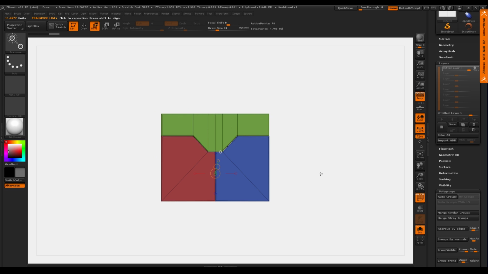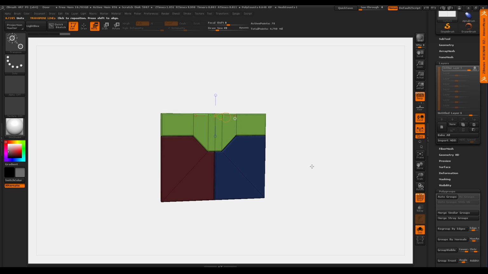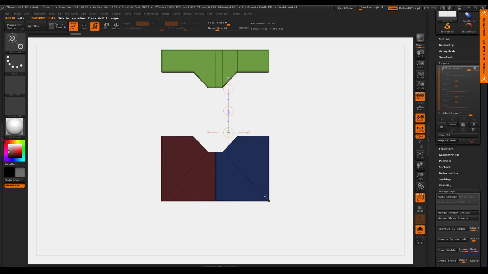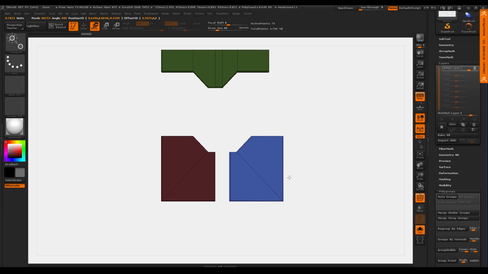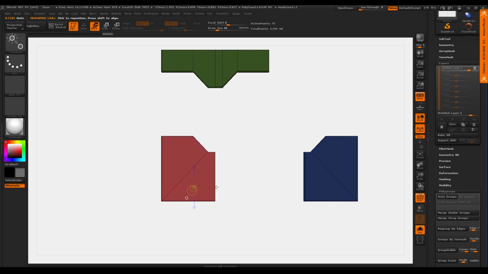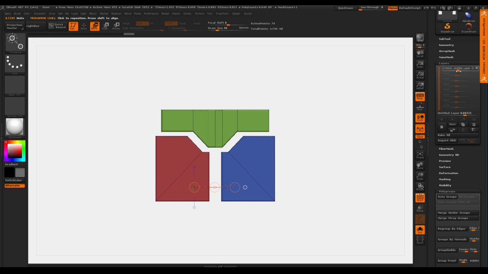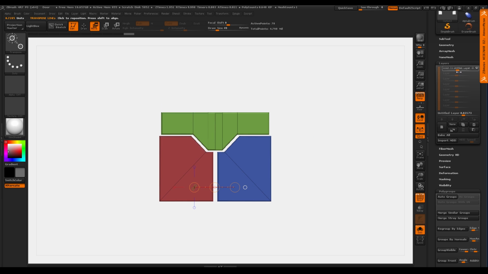So here's a little trick starting with this, because I use this a lot even when I'm doing the array stuff. I've switched to the move mode. I'm holding the control key, and when I tap, okay, you can see that everything gets masked off but the polygroup that I tapped on. And right now I'm in record mode for the layer, so I can say, hey, I want this shape to go this way, and then I want this one to go this way, and then I want this one to go the opposite direction, right? So now if I come out of record mode by clicking right to the right of it, this is now in a layer, and I can see how my doors are going to open and close.